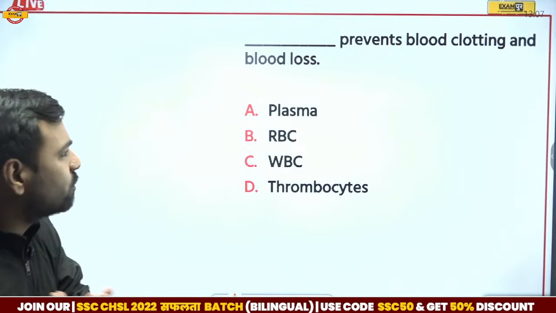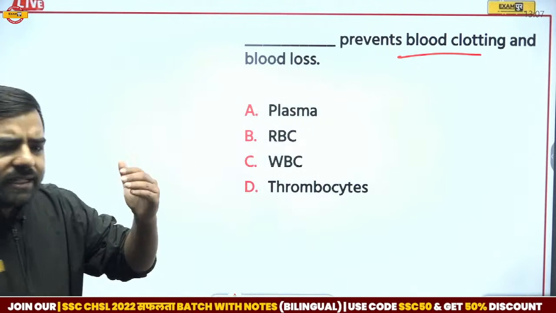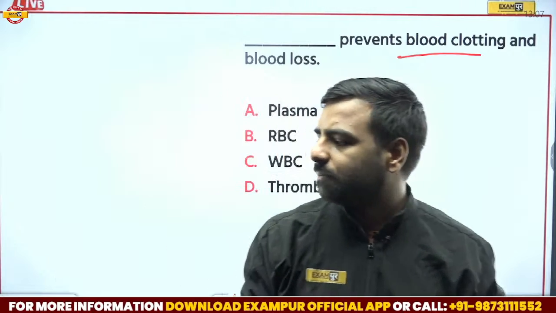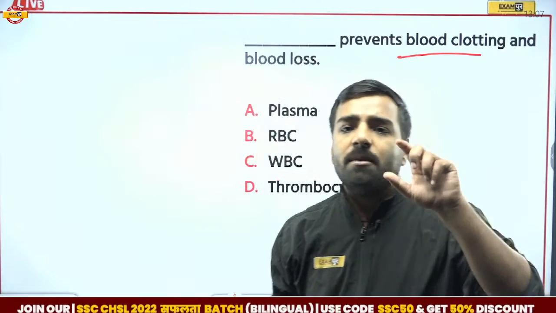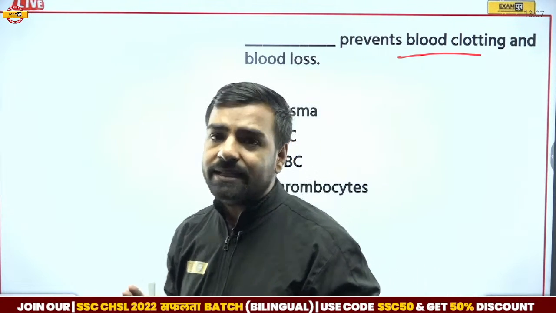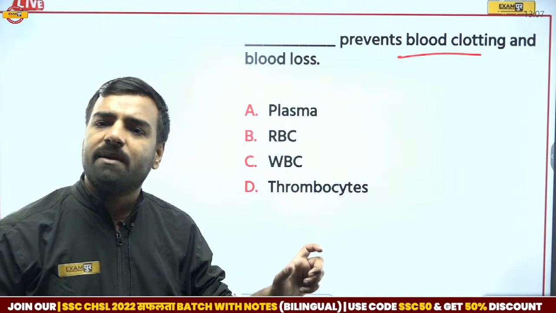I guess I'm getting your comments quite late, so I'll explain. Whenever we are talking about blood clotting, so what's that? In case there's a cut in the body, if blood is actually flowing, what can happen? In this condition, blood will get out of our body and we may die. And hence, we need to prevent that blood flow. And that blood flow prevention is done by blood clotting.